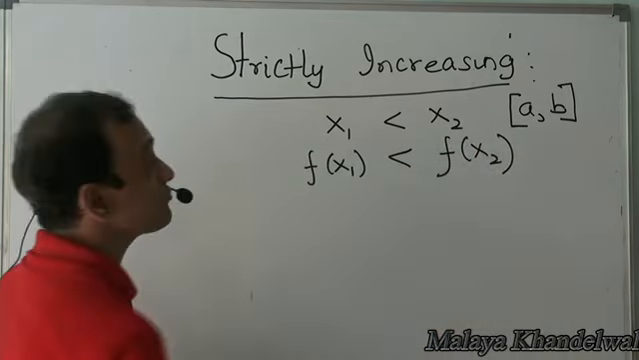That means something like this. Say in the interval A to B, I have this x1 and this x2, very clearly f of x1 will always be less than f of x2. This condition would be met for every x1 less than x2, f of x1 would strictly be less than f of x2, then the function is said to be strictly increasing in the interval a to b. Similarly,